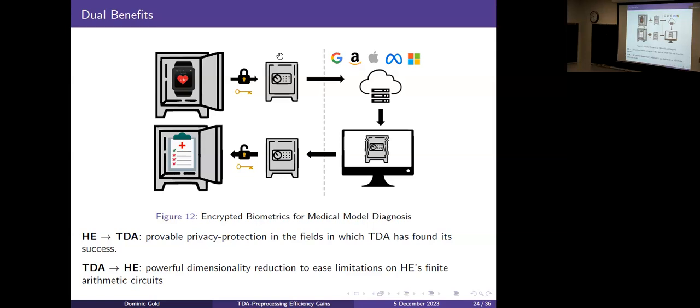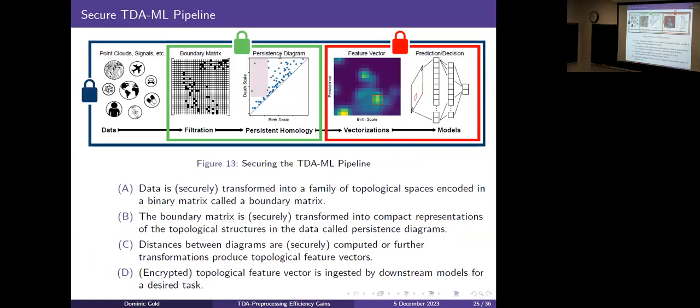varying levels of compression. So that is why my work is focused on creating the secure TDA-ML pipeline, where every step is effectively secured through homomorphic encryption operations. So the entire scope of the work is this blue lock. This green one is the one I presented at ACM CCS and is currently under review at IEEE TDSC. And this red one is what I submitted to USENIX, and I plan to submit a full paper of that either back to USENIX or perhaps PoPETs as well.